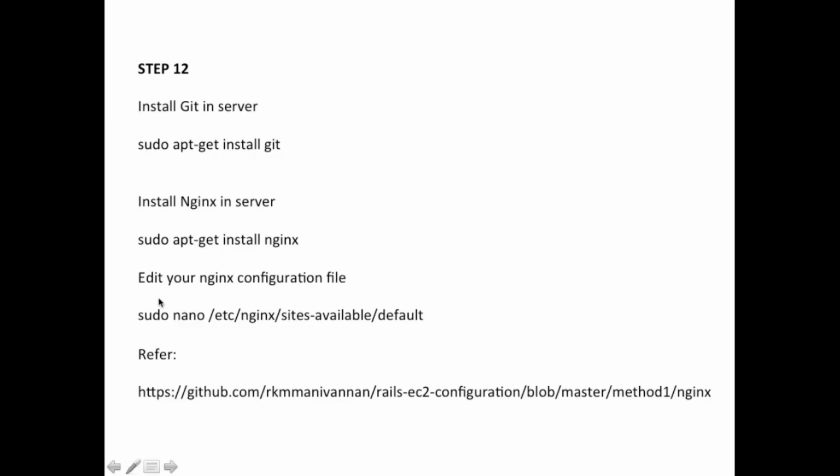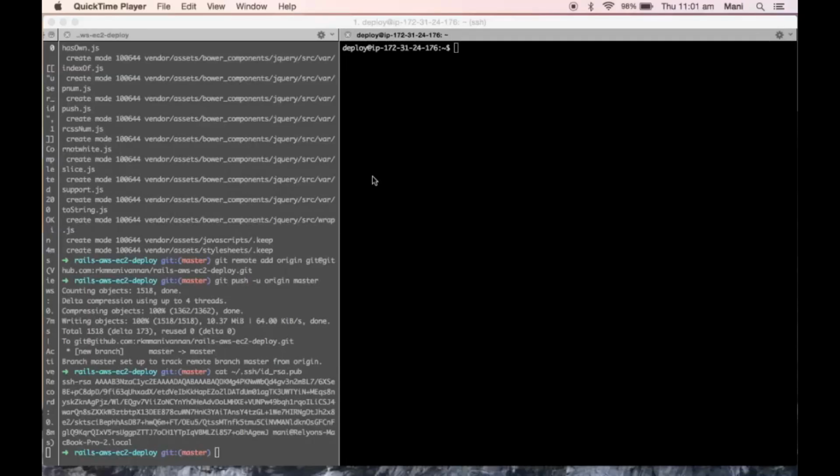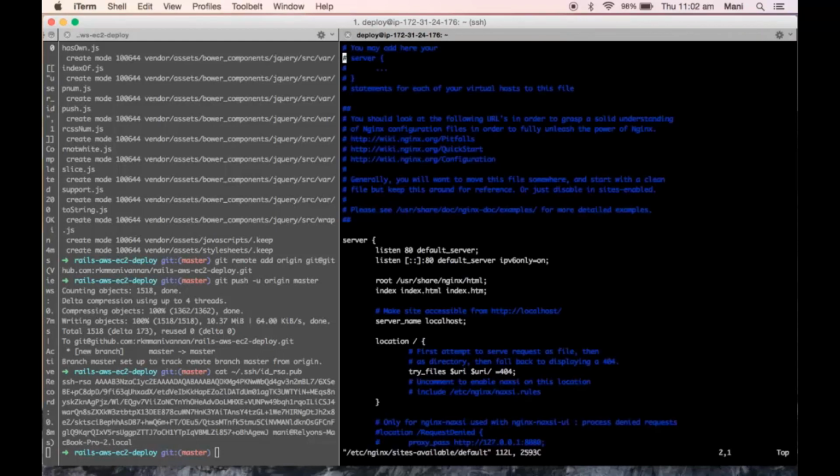Now we need to edit our configuration file in nginx. This is the command: sudo vi /etc/nginx/sites-available/default. This file we need to edit.